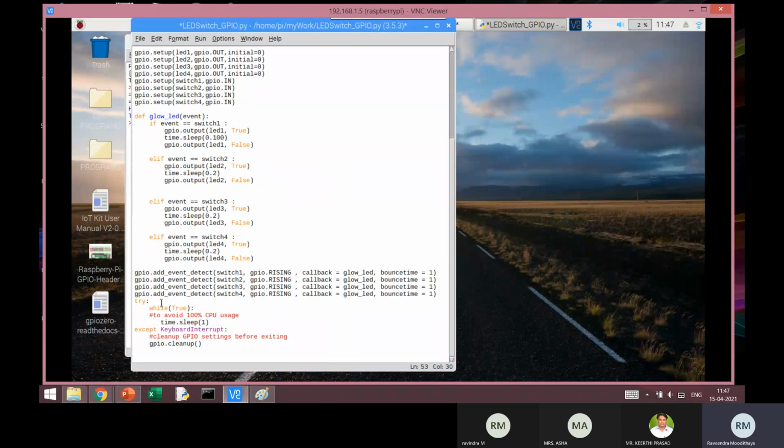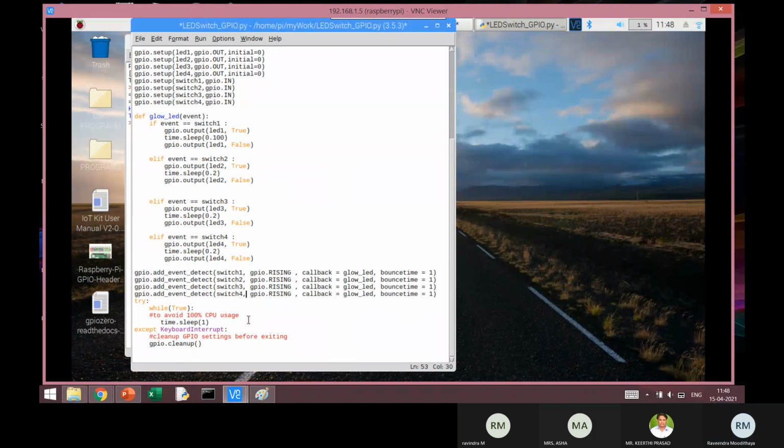Now, just to conclude the program: whenever I execute this program, it has to wait for me to press some key, and when I press the key, it has to glow the corresponding LED and put it off, and then keep on waiting for me to press another key.